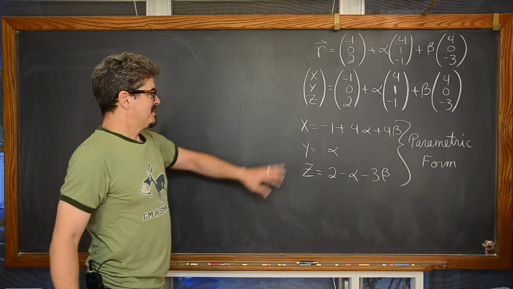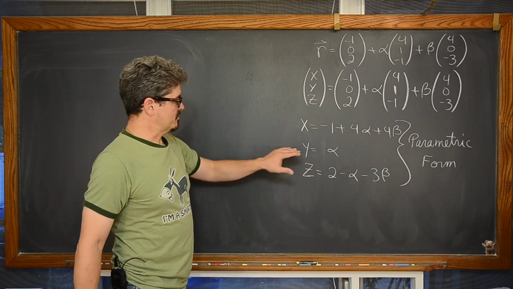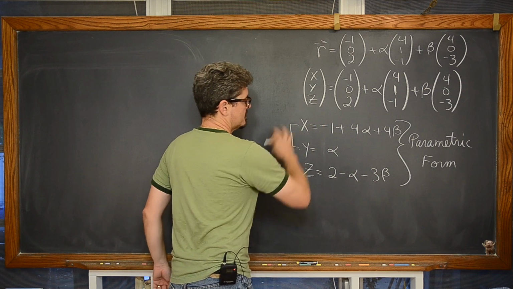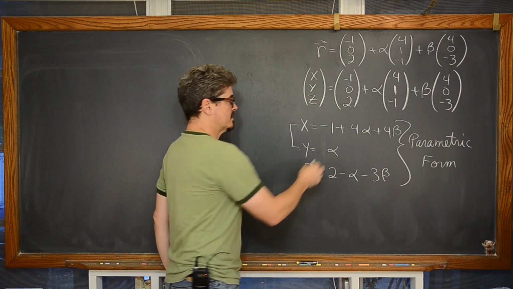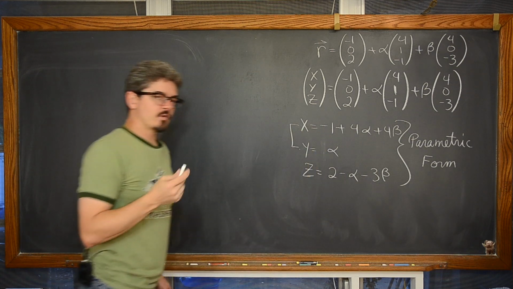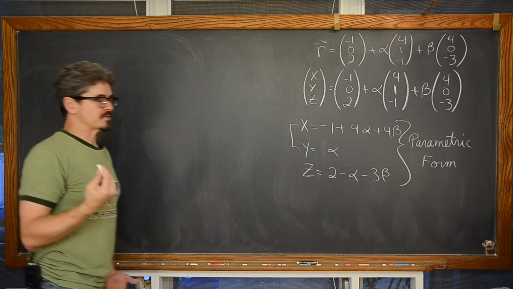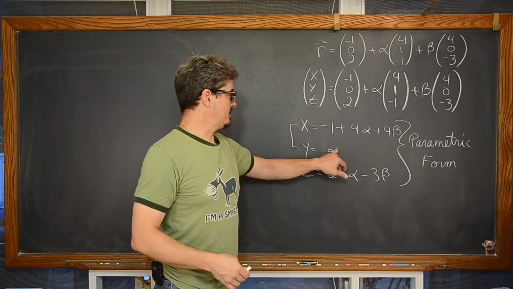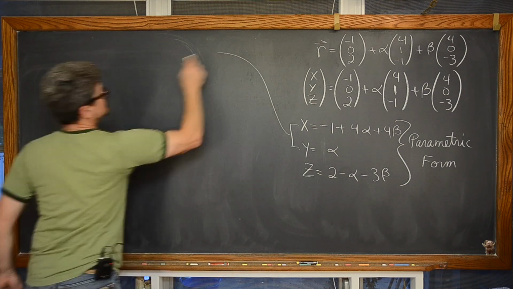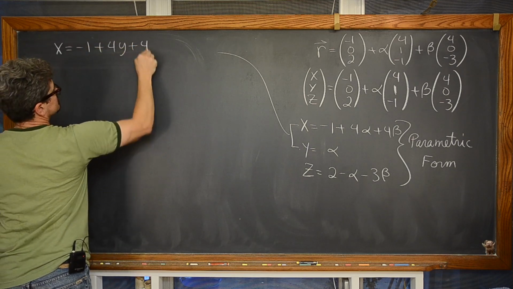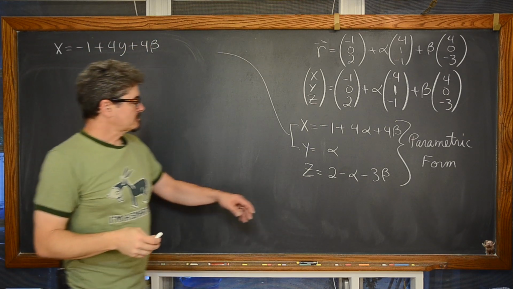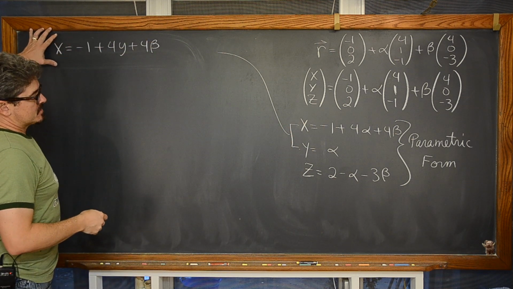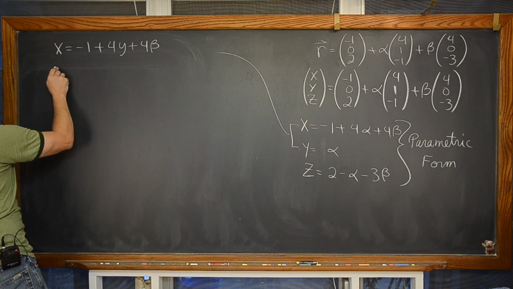Let's just finish this example. As clean as this is coming out, let's go ahead and take these two equations here, and create through substitution one equation that eliminates the variable alpha. Remember, we were trying to eliminate alpha and beta, so we're going to take alpha out and plug in y. Cool. Well, now I have combined these two to be this equation, and we also have this last equation.